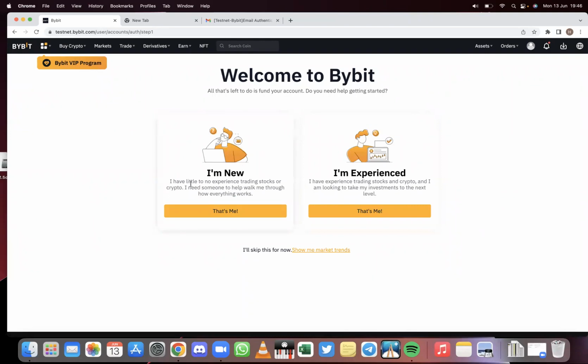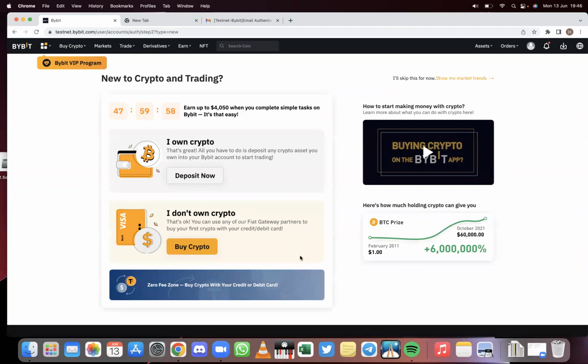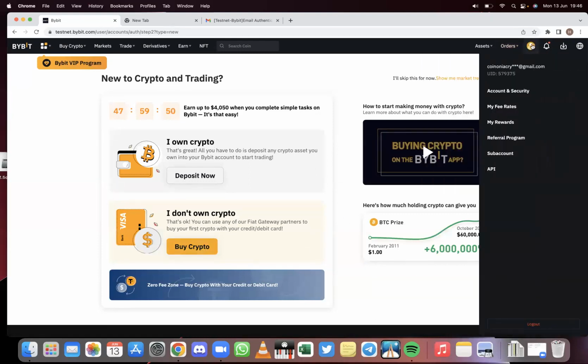So now that you've opened this testnet account, they have to put fake money on it for you to use it to practice. So they're asking you that all that is now left for you is to fund your account. So then they're asking, do you need help to get started? They say, I own crypto, deposit now. I don't own crypto, buy. But that is not what we are looking for. What we are looking for is to go to